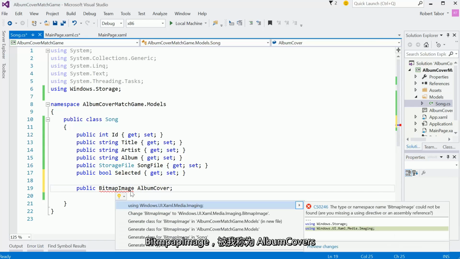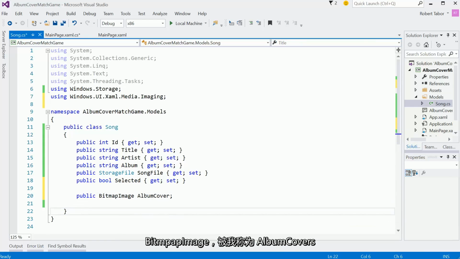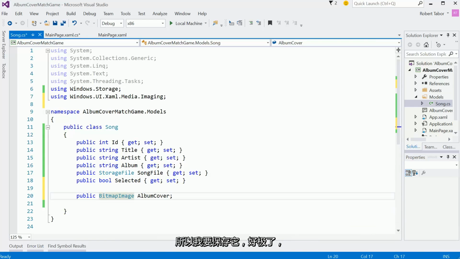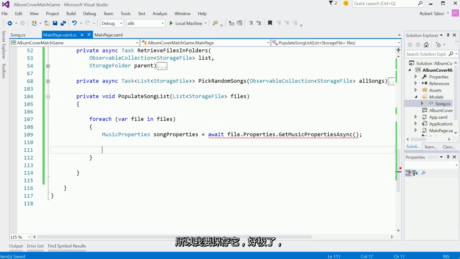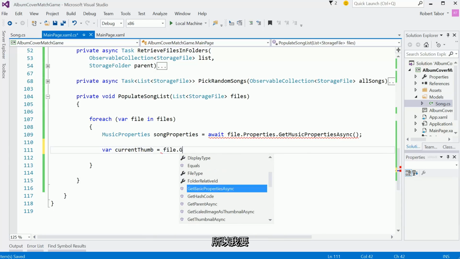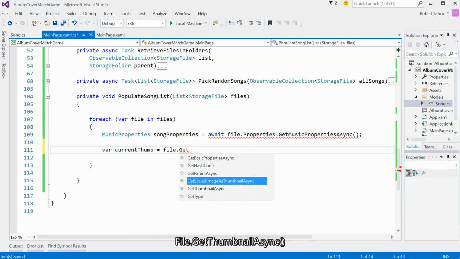Bitmap image that I'm calling album cover so I can save it off. Great, as a property. So let's grab that first. I want a thumbnail, and so I'm going to go file.GetThumbnail